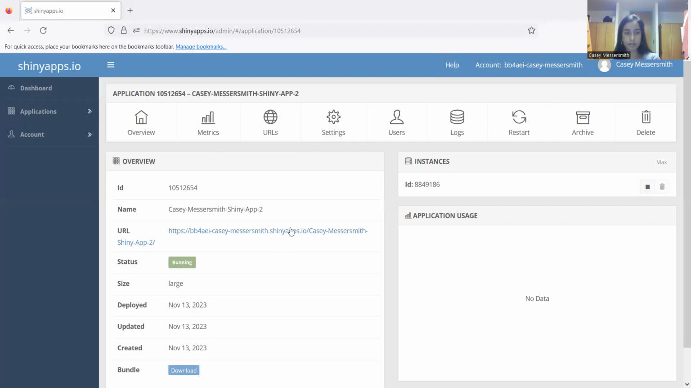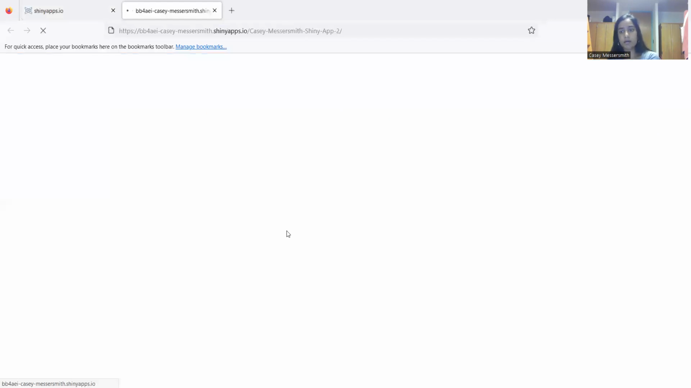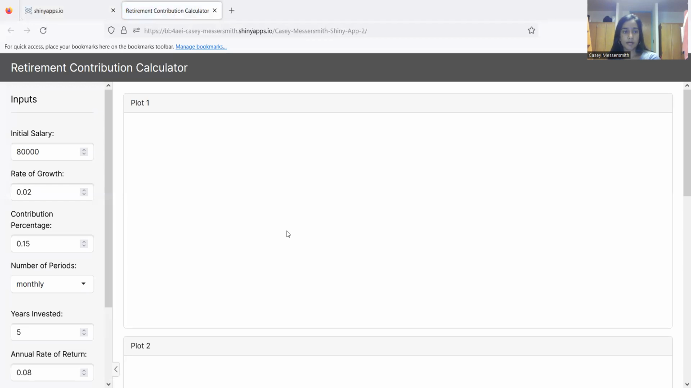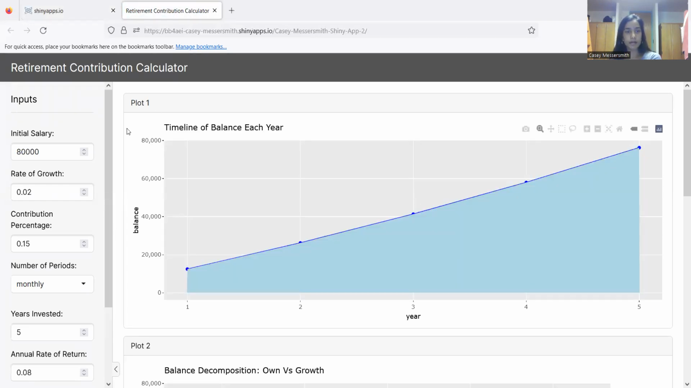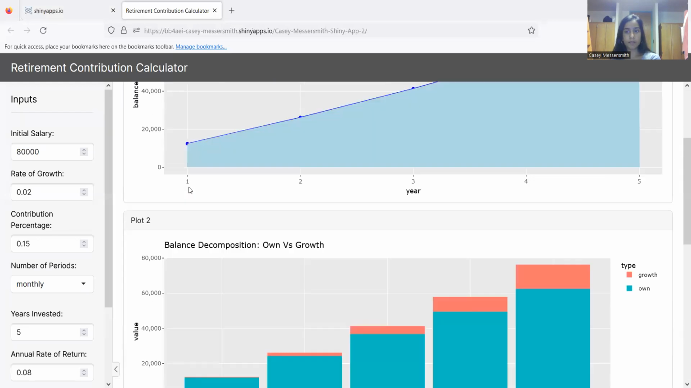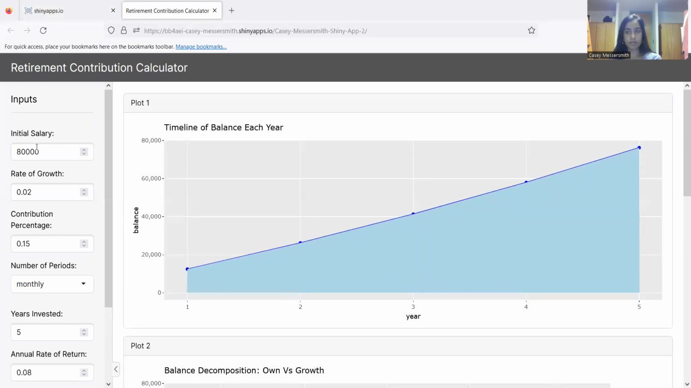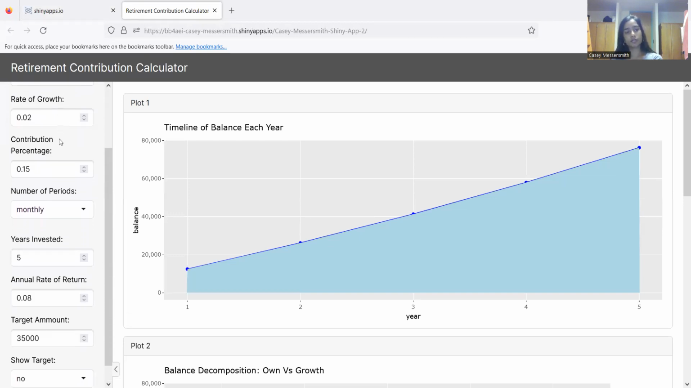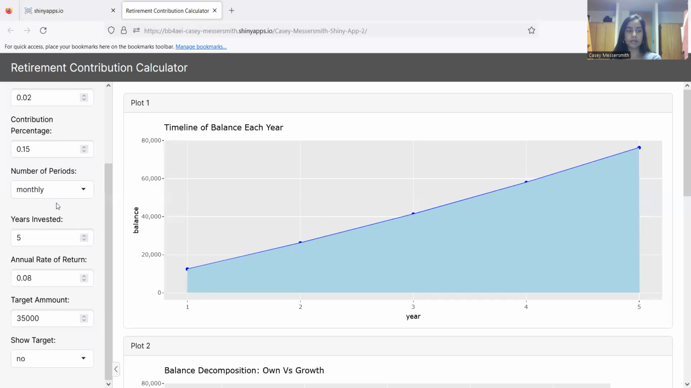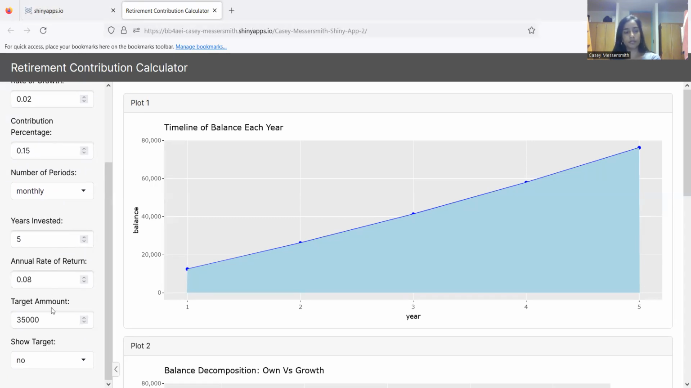So here it is published in shinyapps.io, and then we can open it up with the link. I just called it the retirement contribution calculator for the title, and we can see the basic layout of the app. On this side, we have all of the widget options that were required: the initial salary, the rate of growth, contribution percentage, number of periods per year, the years invested, the annual rate of return, the target amount, and whether or not the user wants to show the target line in